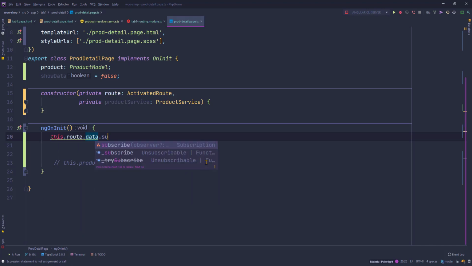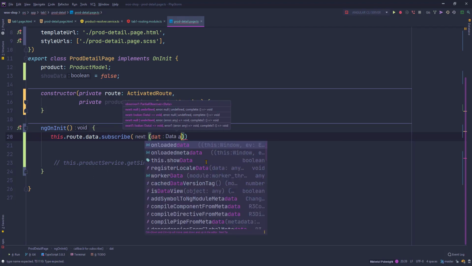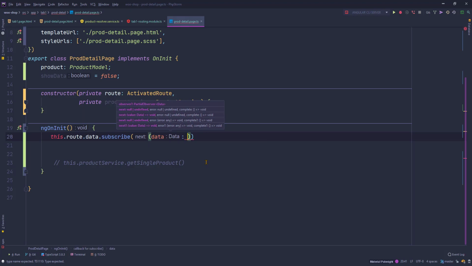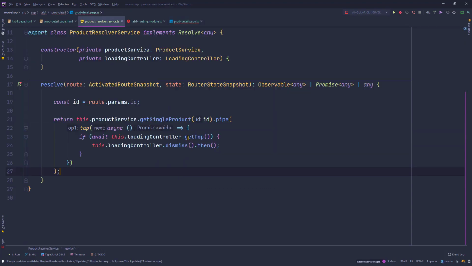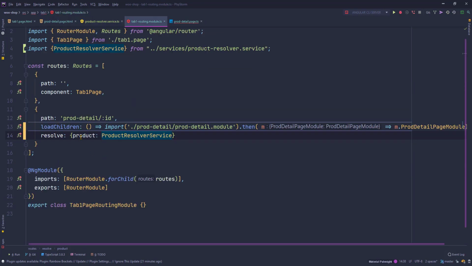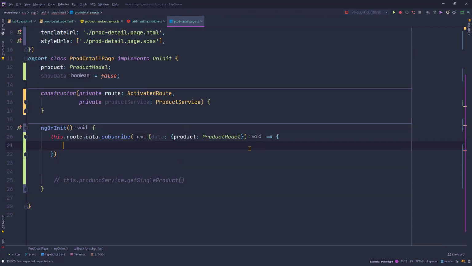Okay, so this is an observable which gives you data which will be of type product, that will give us a product. Okay, because this name is what you have defined in the routing section. You can name it anything you want, and that will be your attribute here. Okay, we'll open the curly braces, and this.product should be equal to data.product,